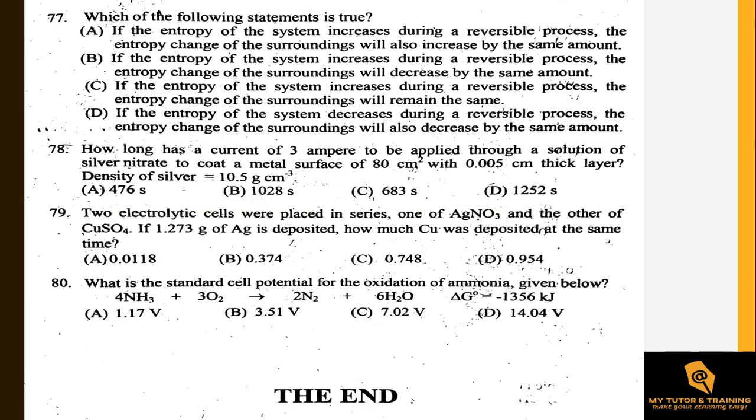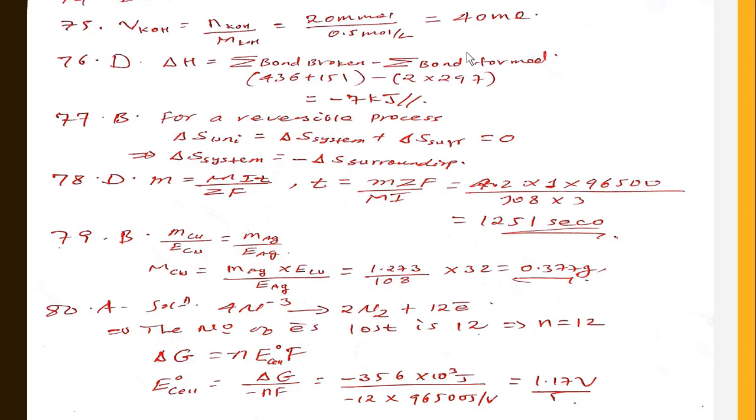ስለዚህ ለ77ኛ ጥያቄ መልሱ B ላይ: if the entropy of the system increases during a reversible process the entropy change of the surrounding will decrease by the same amount. የsurrounding ሲጨምር የሲስተማችን ይቀንሳል፣ የሲስተም ሲጨምርስ የsurroundingም ይቀንሳል ማለት ነው። delta S system is equals to negative delta S surrounding. ያንዱ ሲጨምር የሌላኛው በዛው መጠን ይቀንሳል።